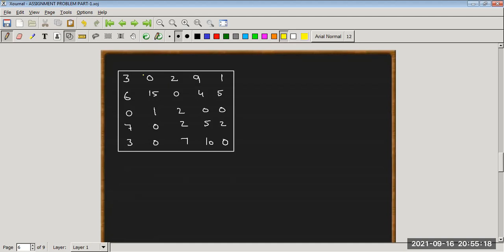In the first row, we have only one 0, assign this 0. If there is any 0 in this column, then cross that 0. Now the second row has only one 0, but there is no other 0 in this column, so come to the third. The third row has 3 zeros, so leave this. The fourth row has no 0. In the fifth row we have only one 0, so we assign this 0 and there is one 0 in this column, so cross this. Now come column wise. In the first column we have only one 0, assign this, and there is one 0 in this row, so cross this.